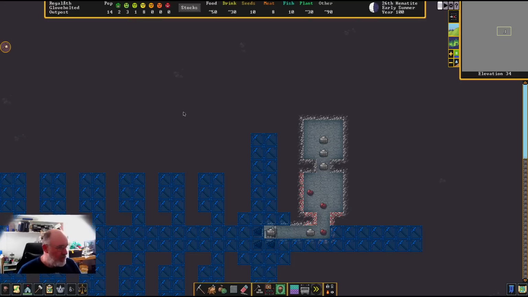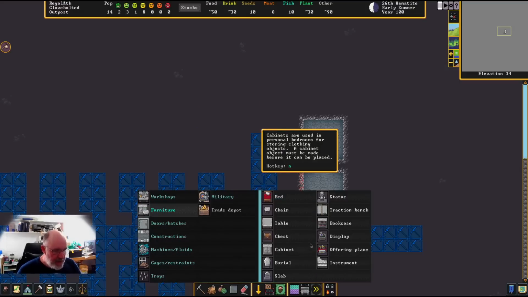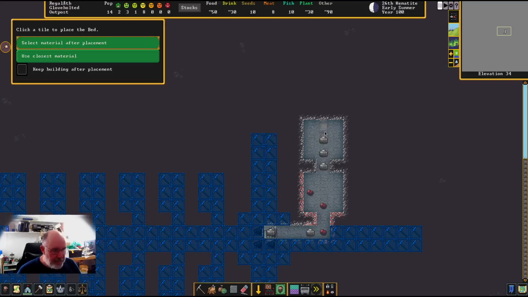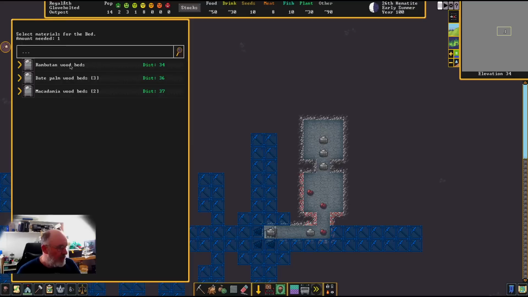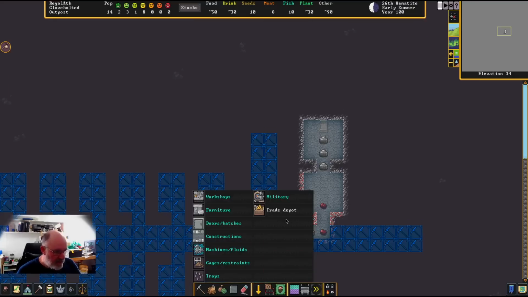So we'll just go across, just right click on that one through there. We'll go to our build menu and we're going to be placing furniture. So I'm going to be placing a bed in here. So I'll just go and do that. We've got a few different beds. So we'll just go and grab one of those and I can then go across and go to, actually, by